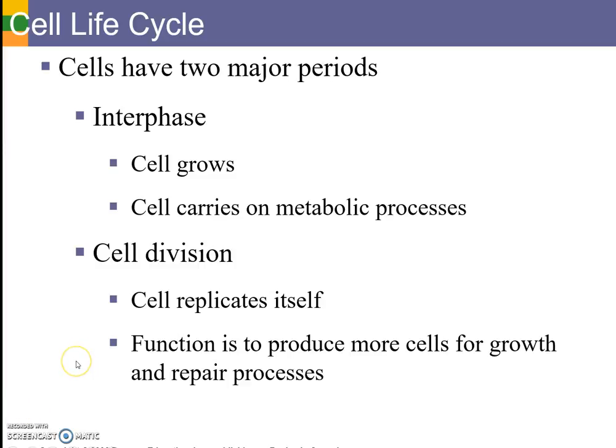Now, not every cell divides after it reaches maturity. Every cell has the potential to divide at least sometime in its life cycle, but there are some cells that continually divide all the time. We continually need to replace them. There are other cells that once they're mature, there is no more division in them. And so we tend to see them lose their centrioles if they don't need to divide anymore. Whereas some cells, such as certain skin cells,